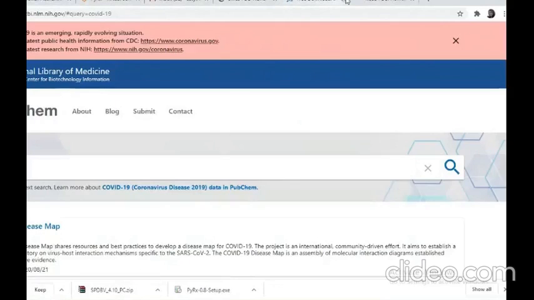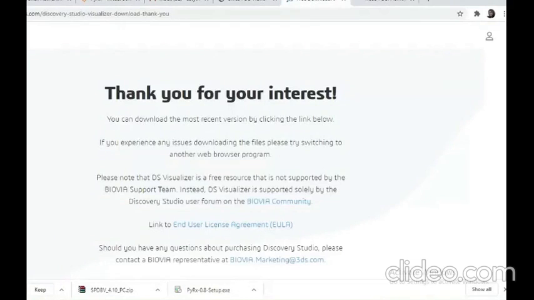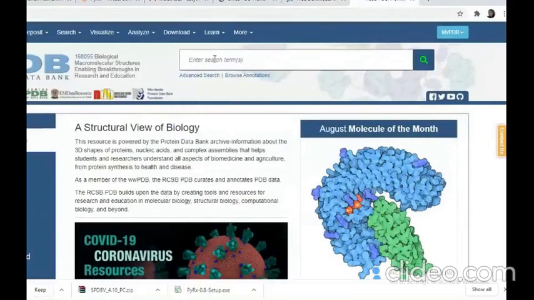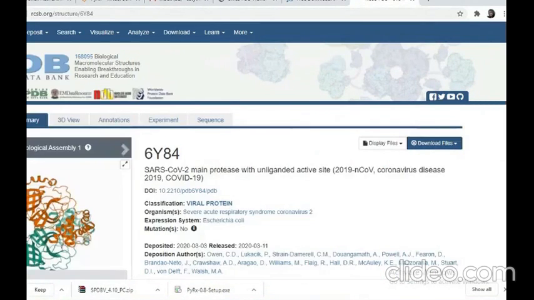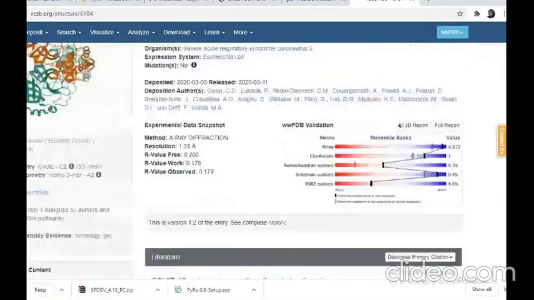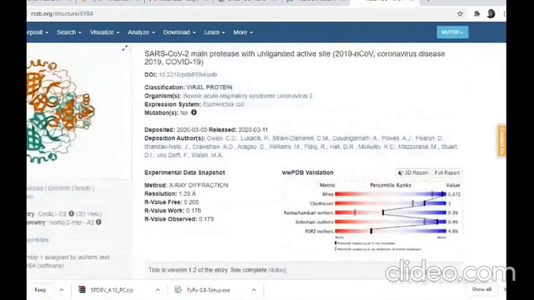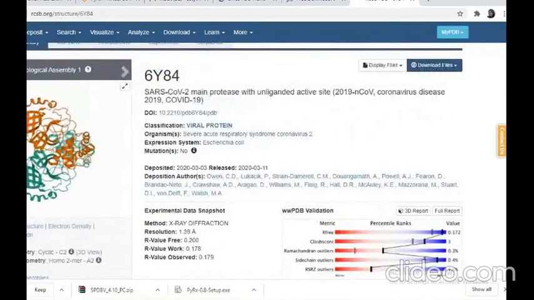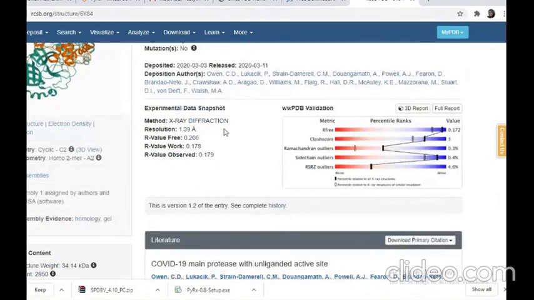Any PDB protein data bank ID is alphanumeric, a 4-character code. When you search 6Y84, it will give you all the properties: SARS-CoV-2 main protease, its function, where it is deposited, how they got the structure. You see X-ray diffraction. All this is deposited here.